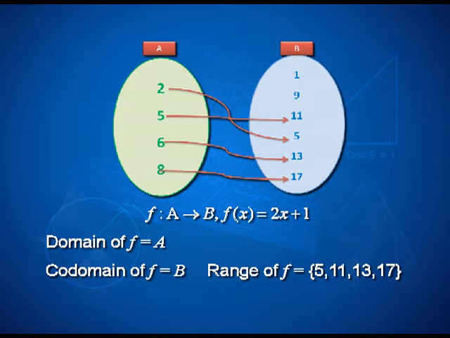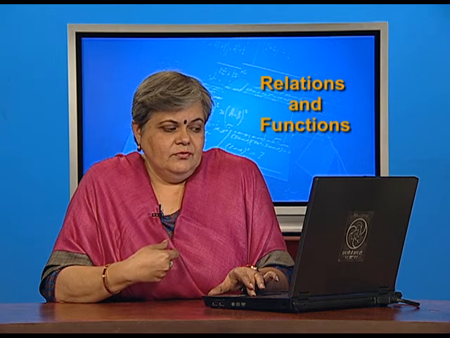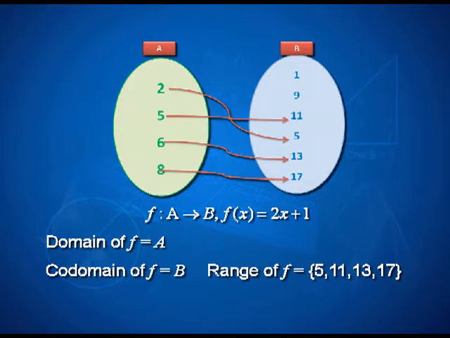So, I can express this relationship in a mathematical form as f is a function from A to B such that f of x is equal to 2x plus 1. So, the set builder form of the relation now is coming out in a slightly different format, and here we are looking at that same association which could be expressed in mathematical language, expressing the function present between set A to set B. The domain of the function f is all the inputs.